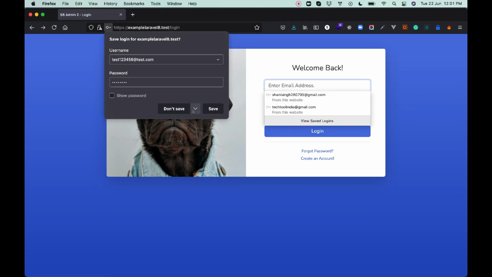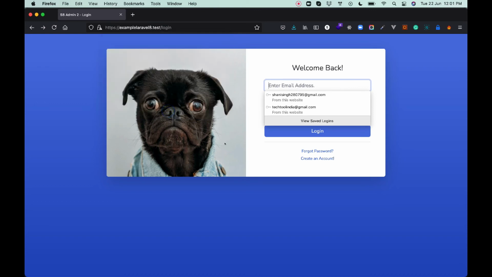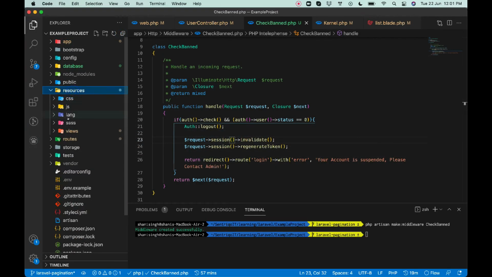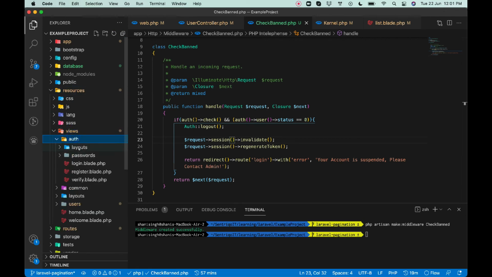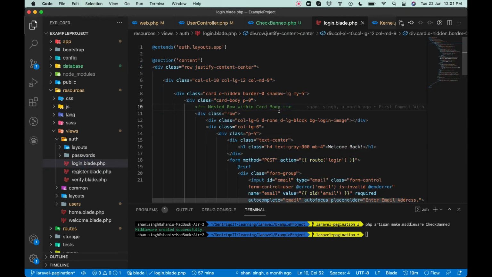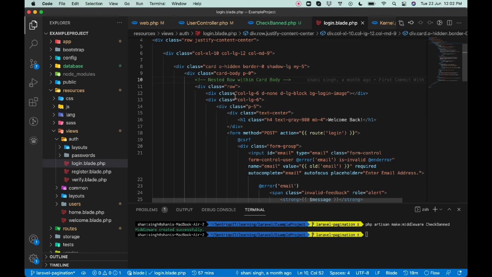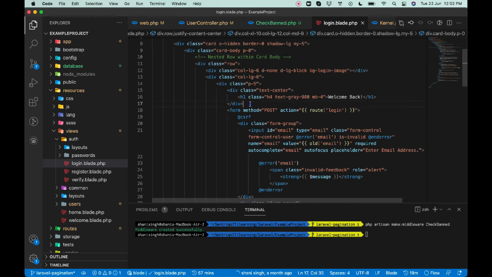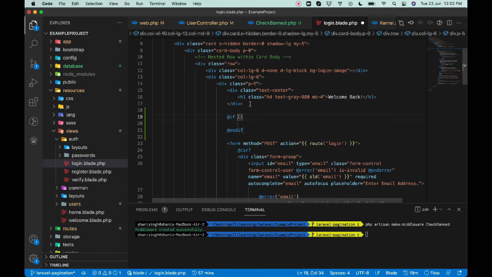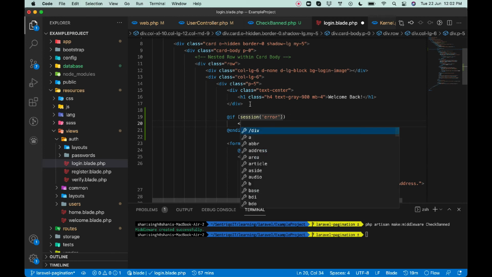We have been redirected here. Now we have to display the error message here. So we can go to the login screen, views auth login.blade. We can simply display the login errors: if there is a session of error message, what we can do here is create a span,